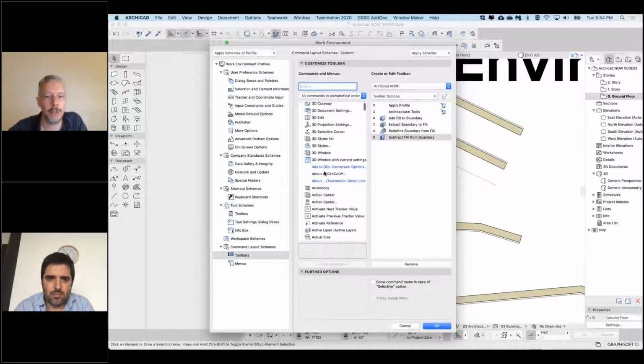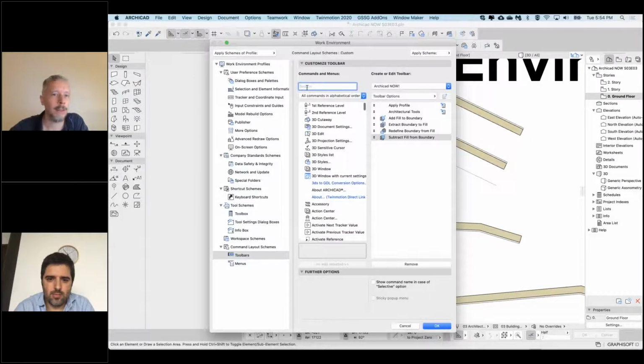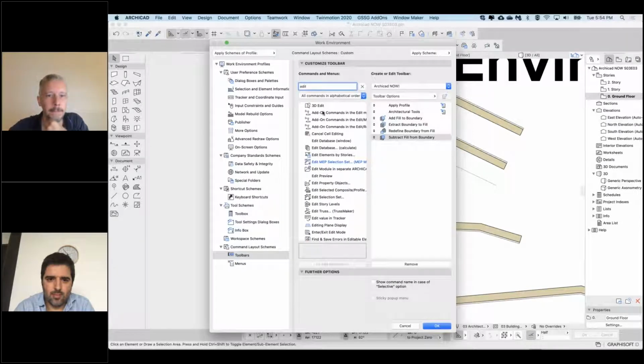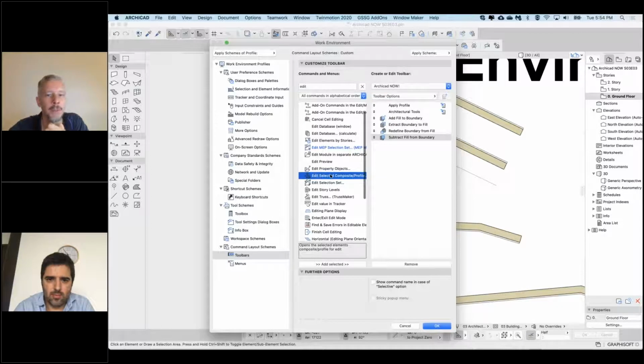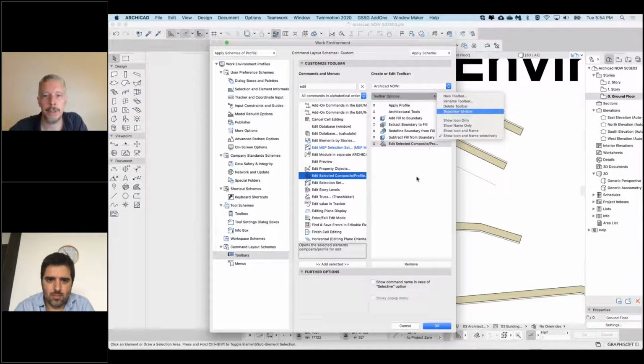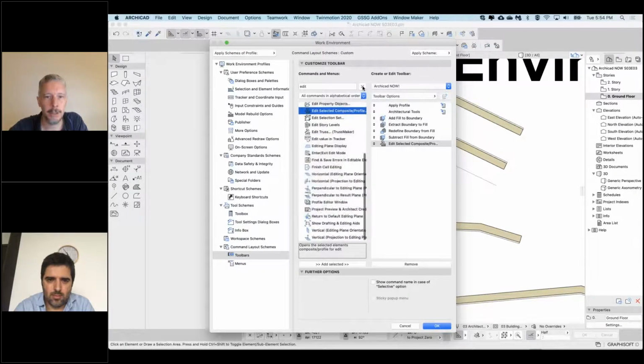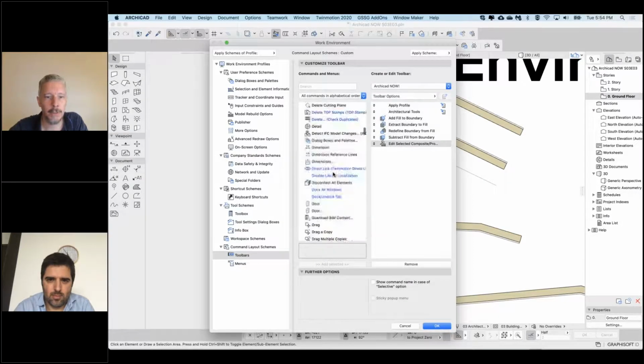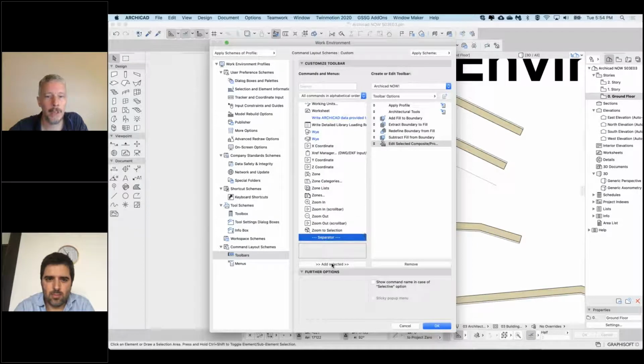And what is something else I can open? Let's go edit. And if I go edit selected composite, so this is available in the context menu. So I can add that, for example, as well. And I can also rename, duplicate. If I cancel this right at the bottom, yeah, there's a separator, so I can add the separator, maybe move that there. So basically a separator like a line. So if I now go OK,